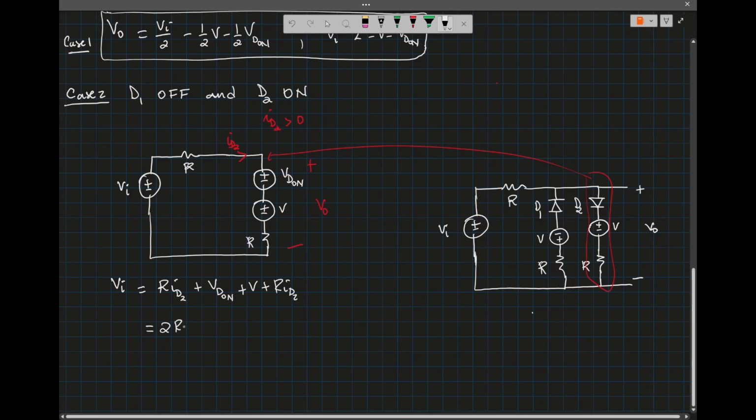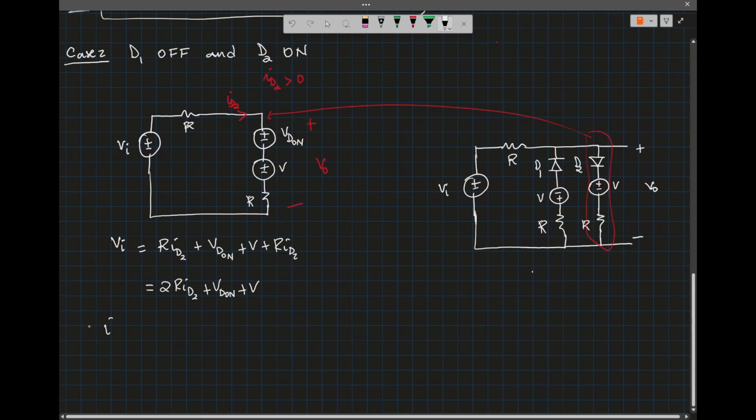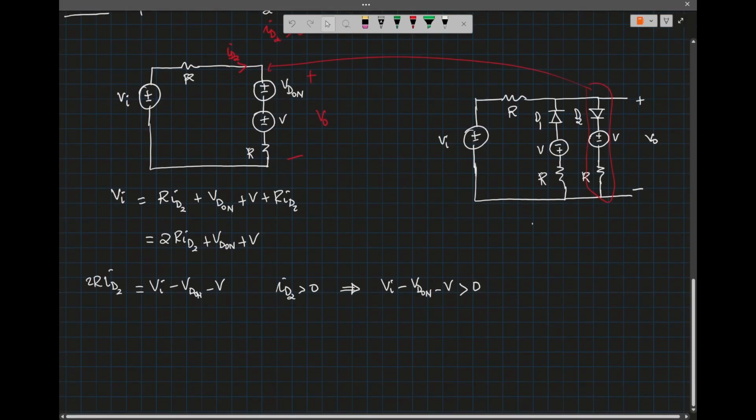So that gives me 2R ID2 plus VD on plus V. So 2R ID2 is VI minus VD on minus V. Because ID2 must be positive, that implies that VI minus VD on minus V must be positive. So VI must be bigger than VD on plus V,